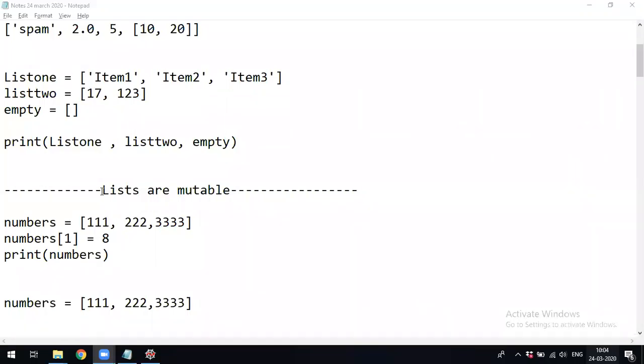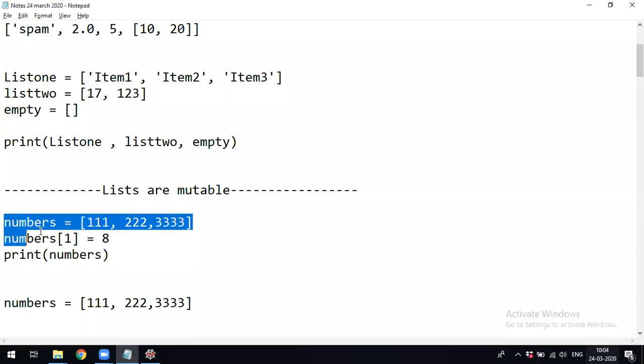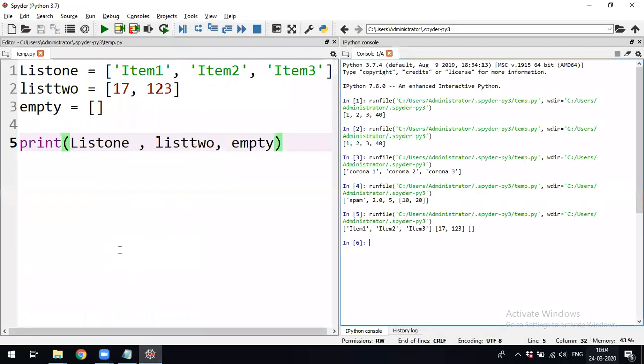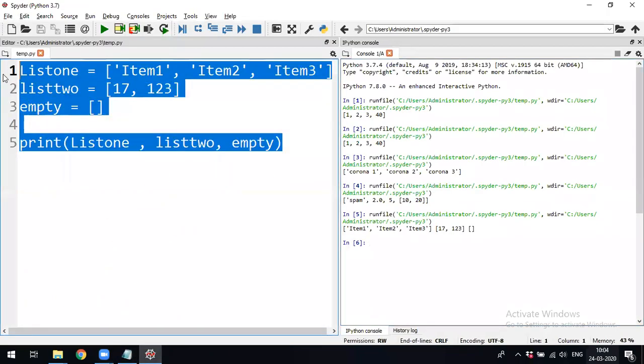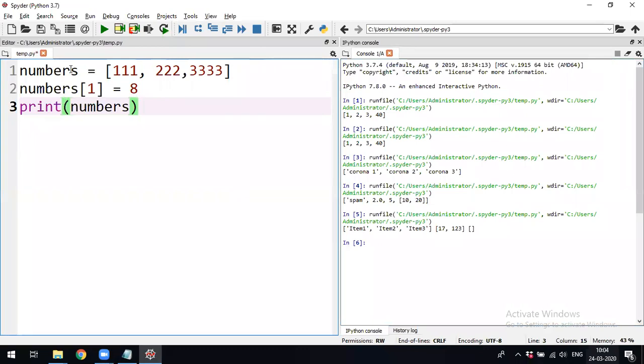But lists are mutable. Means if you create a list once and in between if you want to change the list, see the list is 111, 222 and 333.